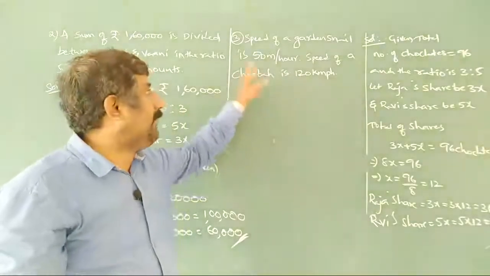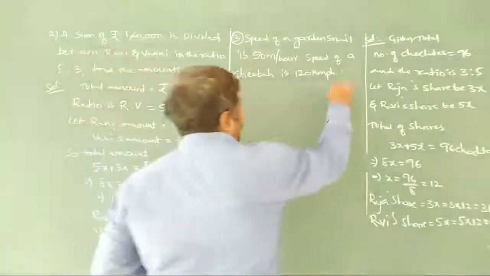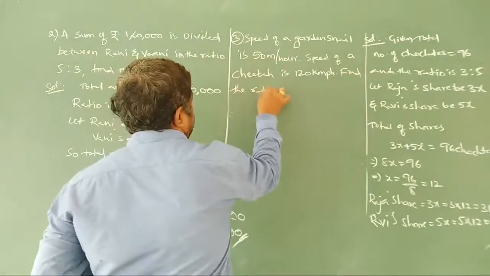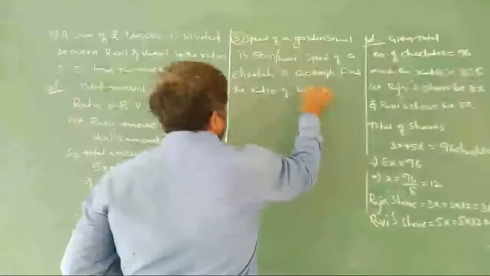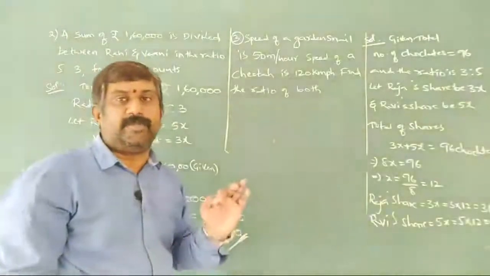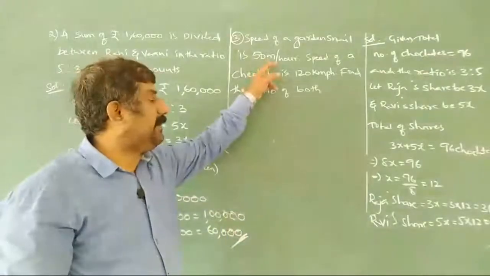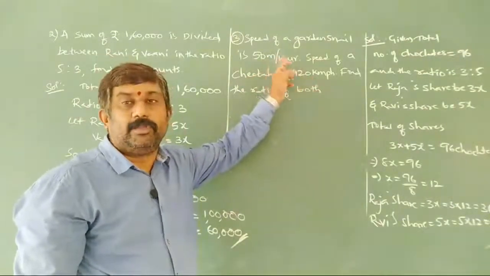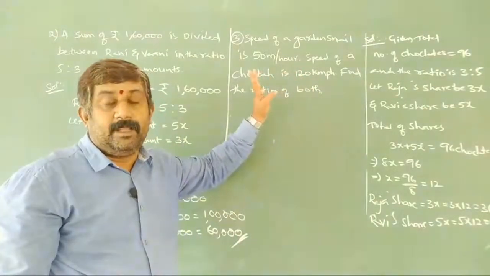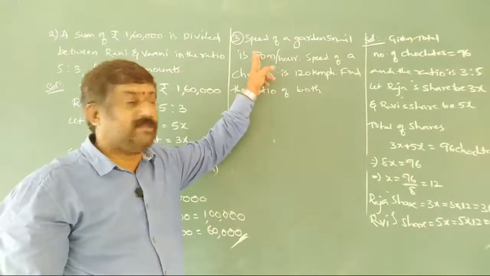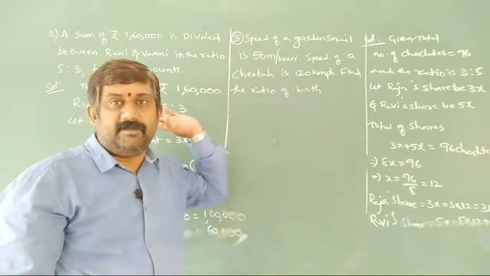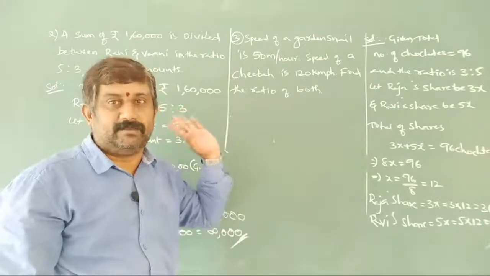Now we have to find the ratio. Observe here. Already we have discussed those should be in the same units. But here it is meters, here it is kilometers. Both are different. So you cannot find the ratio directly here itself. Either we have to convert meters into kilometers or kilometers into meters. Then only you can find the ratio. As we discussed in the definition, those should be in the same units.